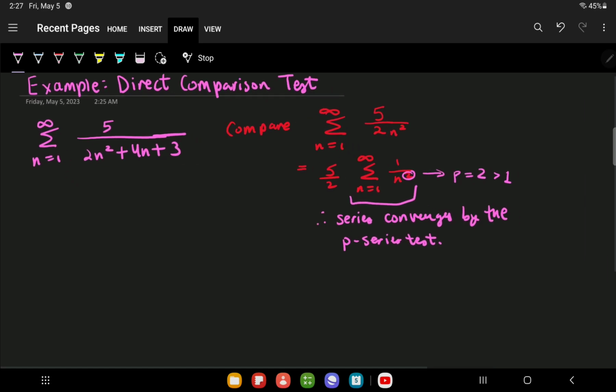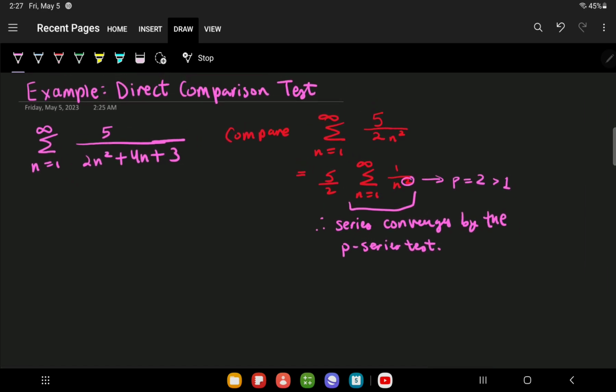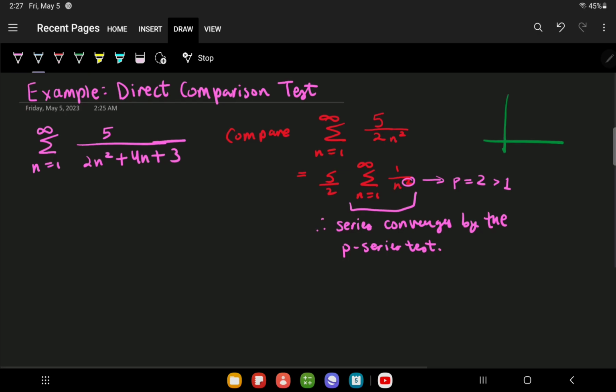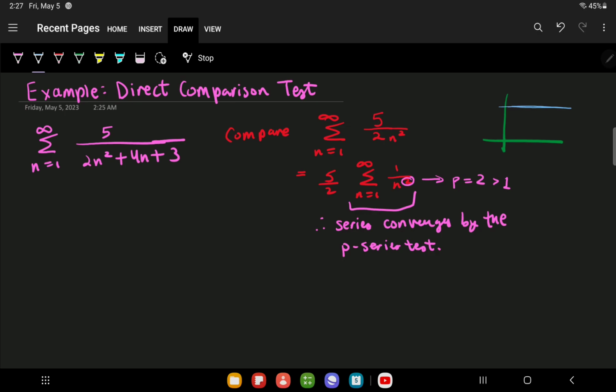So now we can do a comparison test, and for this case I'm going to use direct comparison. And recall the image that I always use. So what are we trying to say? We know this converges, and so the only way we can use the comparison theorem is if the bigger one converges, then the smaller one has to converge, right? So we need to show